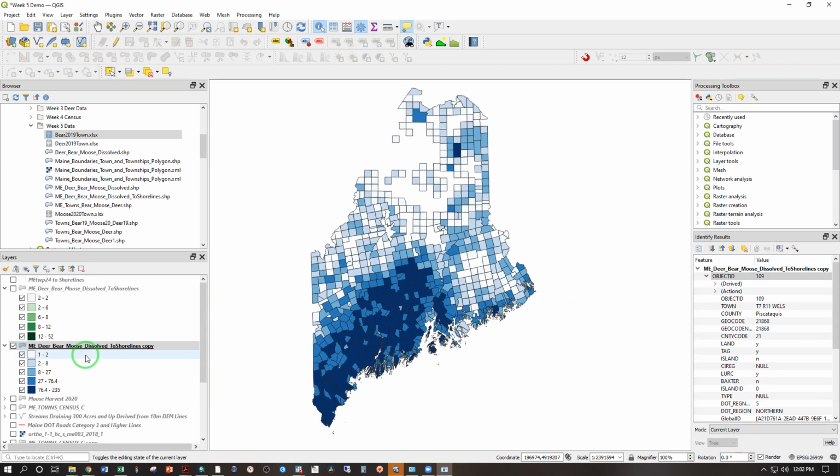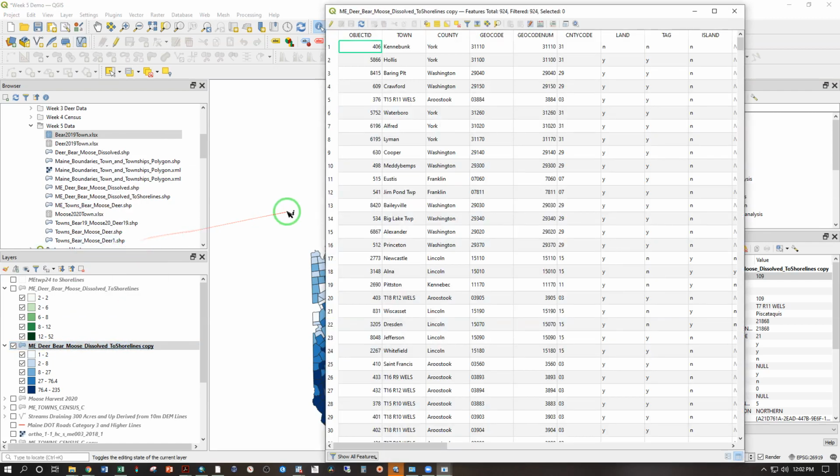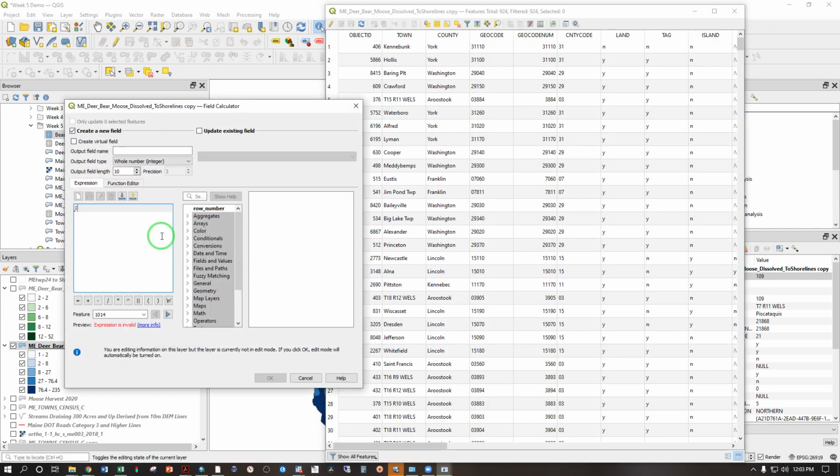Now let's have a reminder how to do that. So right click, open the attribute table, and go into the open field calculator here. Remember that is $area in lowercase, where $area gets you the area in the units of the coordinate system, which is square meters. You then have to multiply by a conversion factor, so that's the asterisk, and then paste